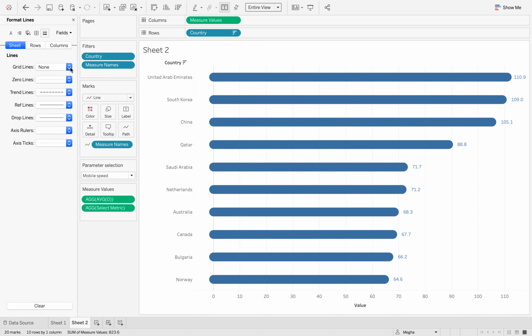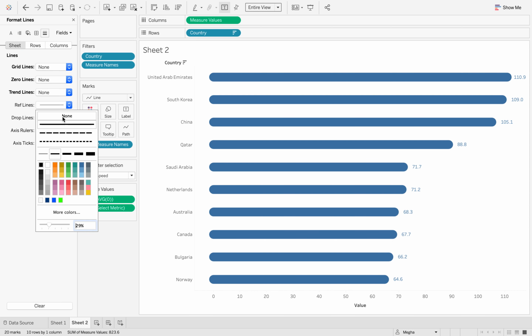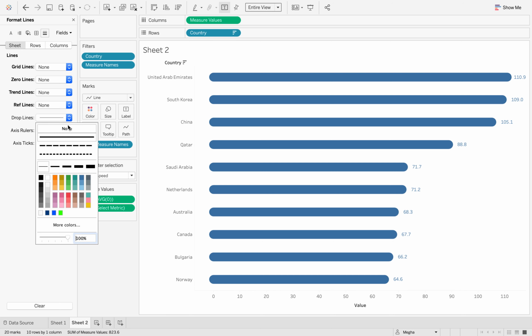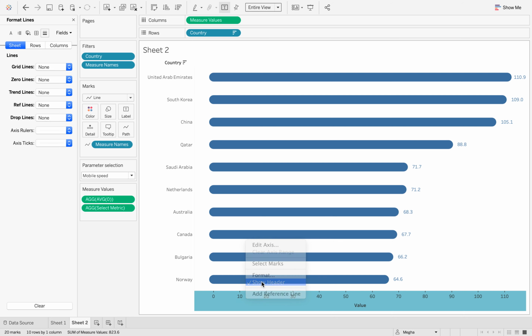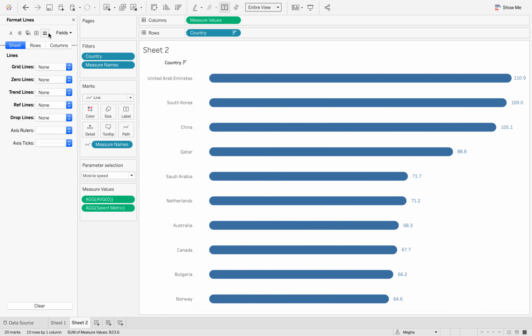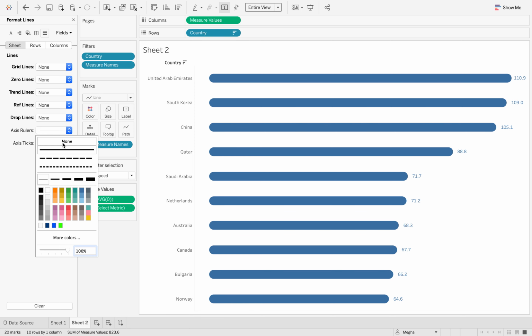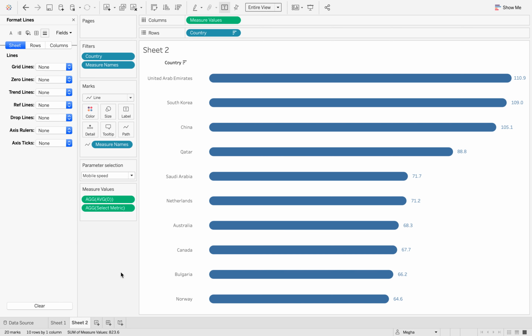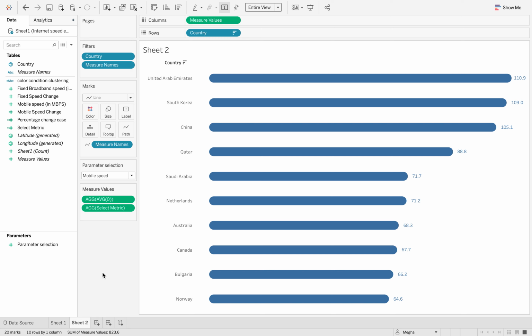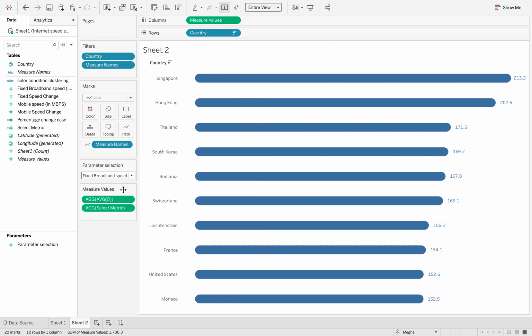If we do not want any lines, you can get rid of these lines through formatting. If you do not want to show your header, get rid of the header. It's totally up to you whether you want lines or not. Now it looks more appealing. That's it. That's how you create a bar chart using rounded edges, and that's how you make it dynamic.